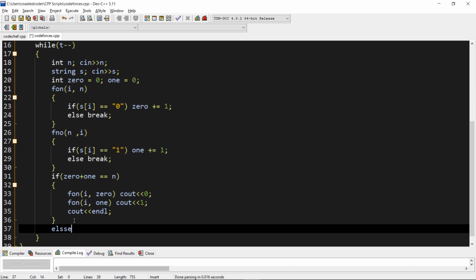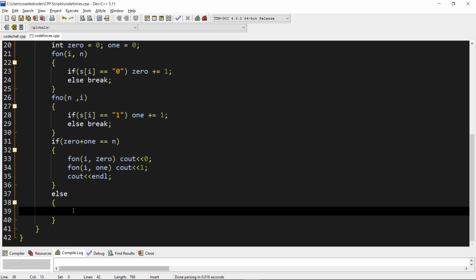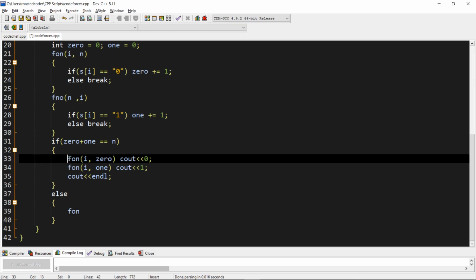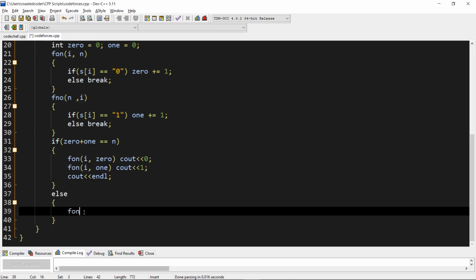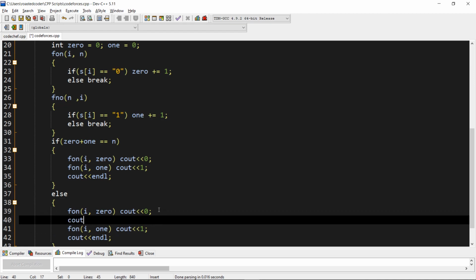Now if count of 0 plus count of 1 is not equal to n, then we will just place a 0 in between all the zeros and all the ones.